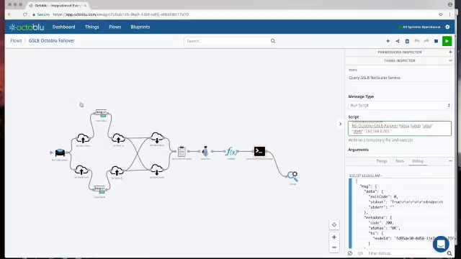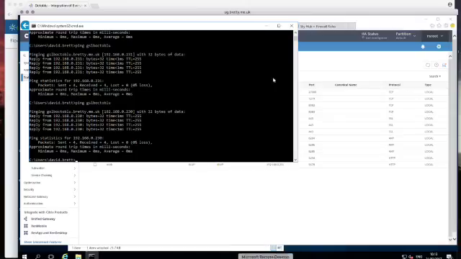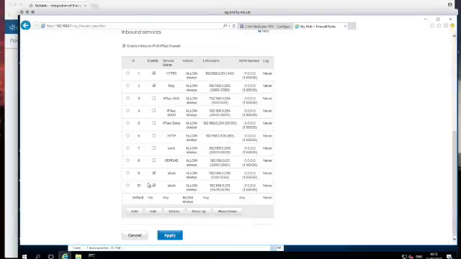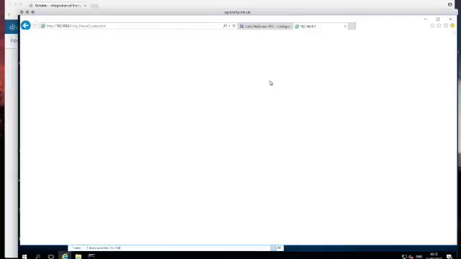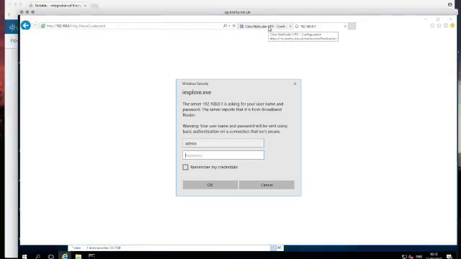So if we now run the Octoblu flow, this is going to be monitoring site A and site B, and currently both sites are up and running. So we need to simulate an internet connectivity failure in site A. So if I disable the firewall rule allowing internet access into data center A or site A,